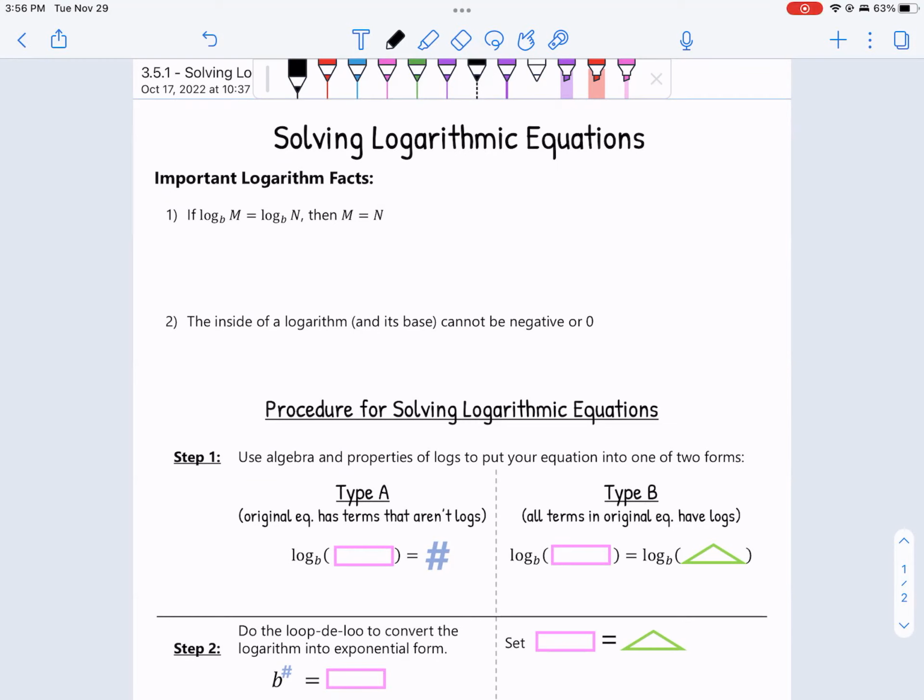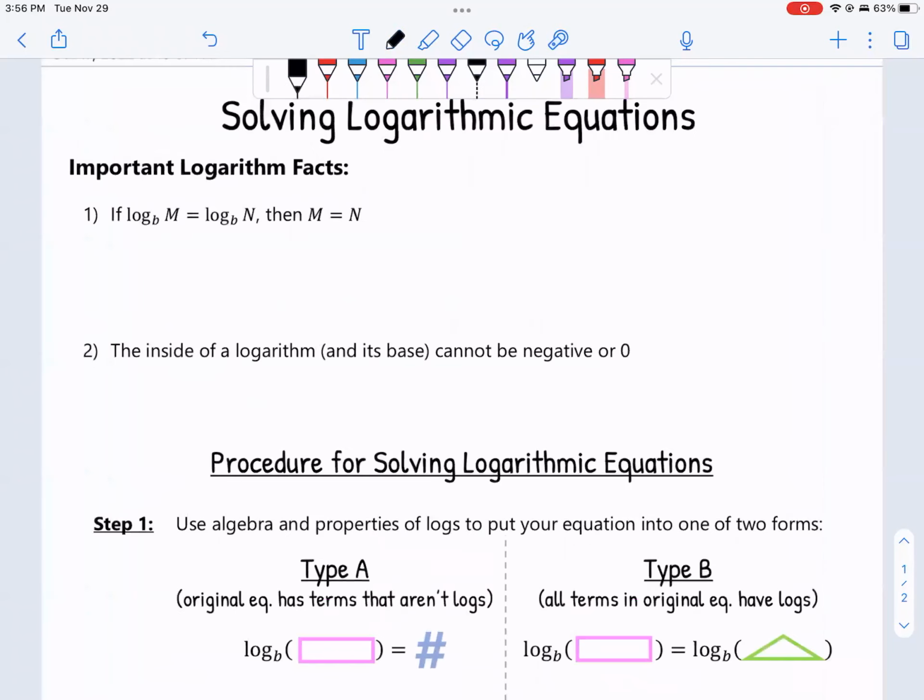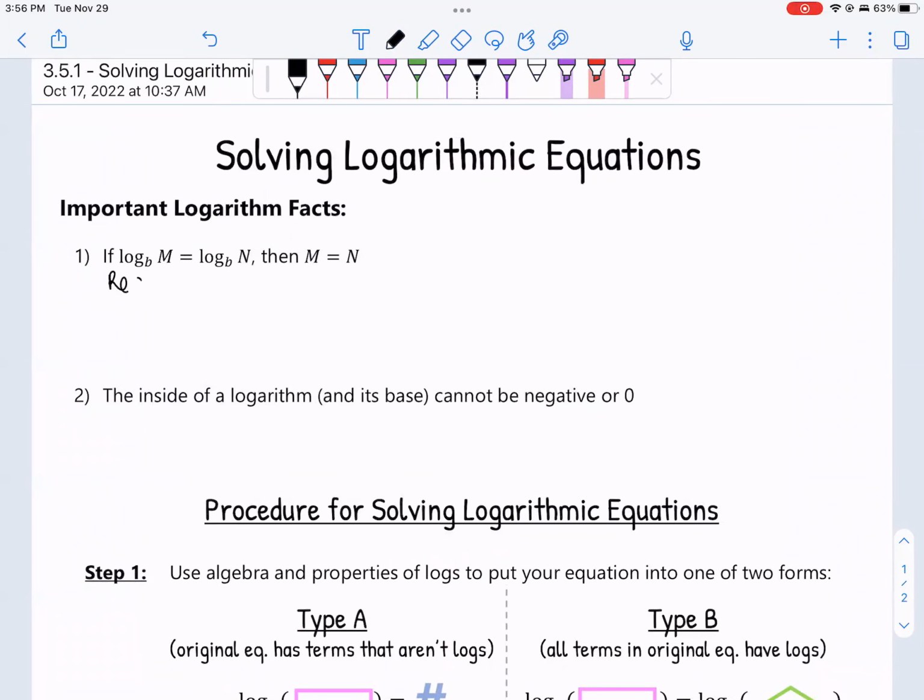The big, super important one, which isn't as important for single logarithms but is important for multiple logarithms, is that if you have two logs set equal to each other and they're both the same base, then their insides can be set equal to one another. We should ask ourselves why, always. So we should give a reason. If I have log base b of m equal to log base b of n,